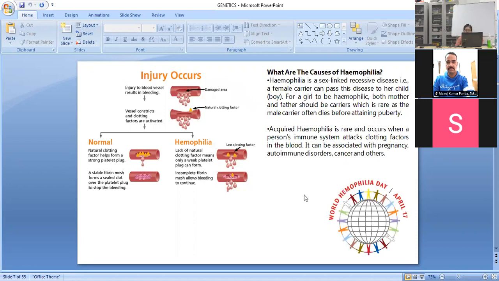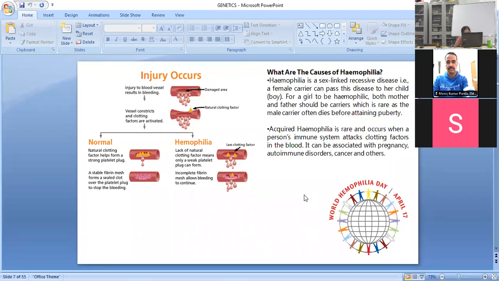Now, what is this hemophilia? What is the disease about? Now that we are discussing the objective questions, we can have several objectives based on this particular aspect. So hemophilia, we can say, is a sex-linked recessive disease. Here also we can set questions like whether it is a sex-linked recessive disease, sex-linked dominant disease, sex-limited disease or sex-influenced. So we have to choose the correct option, and the option is that it's a sex-linked recessive disease.